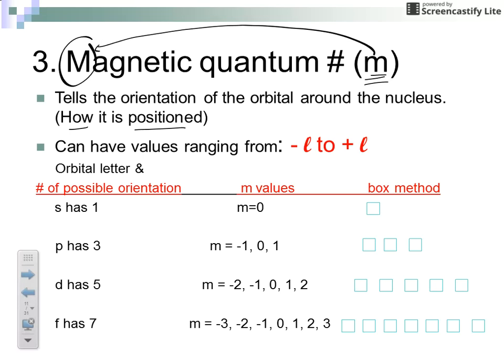The values for M will range from negative L to positive L. So just like N determines what L can equal, M, the magnetic quantum number, is dependent upon the L value. It can go from negative L to positive L. So one thing you want to remember about each orbital type, the S, the P,